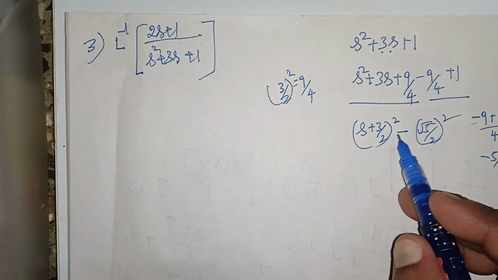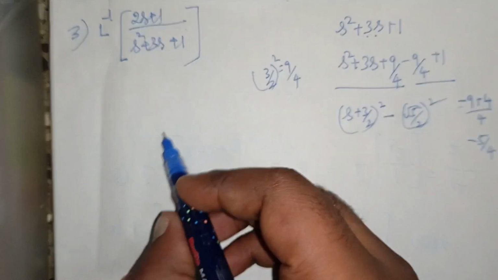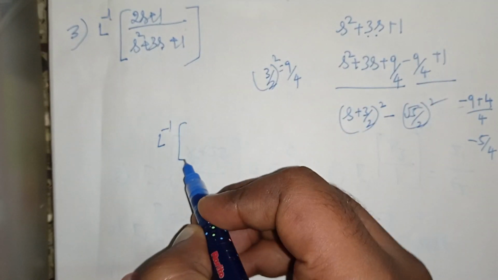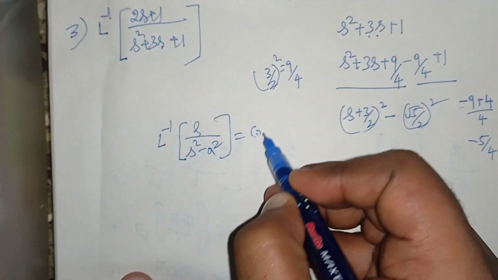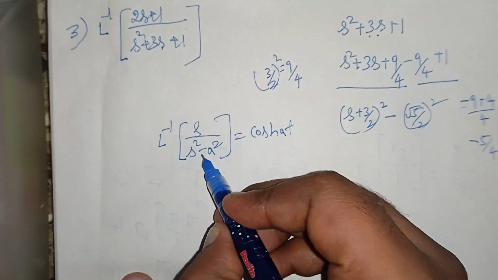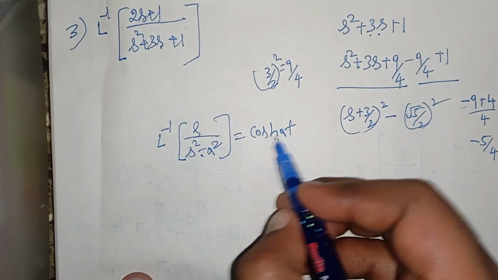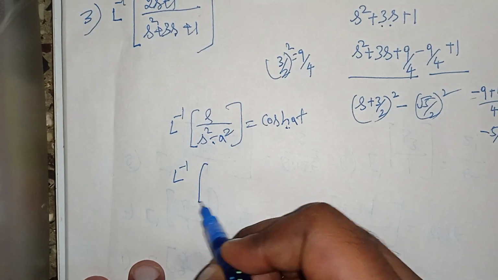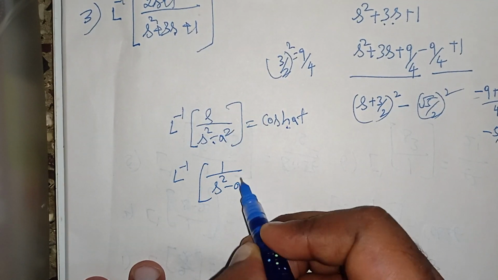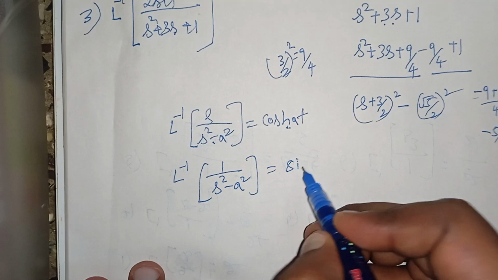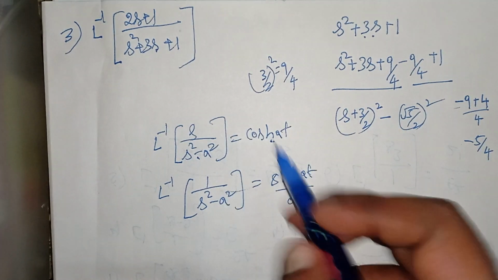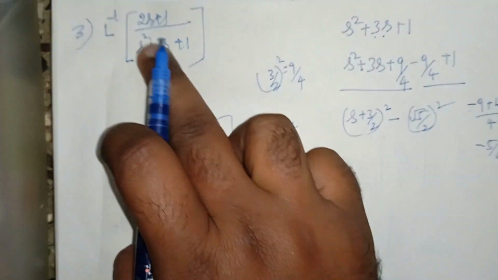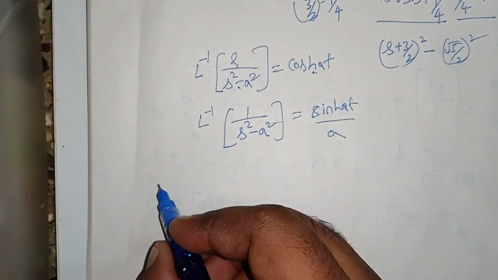So when you have minus, I have to give you one formula. L inverse of s divided by s square minus a square is cos h at. If it is minus, you put cos h at. If it is plus, you put cos at. Similarly, L inverse of 1 divided by s square minus a square is sin h at by a. So if it is minus, you take hyperbolic. So here you have minus. We go with this formula. So the denominator, I will write it as L inverse of